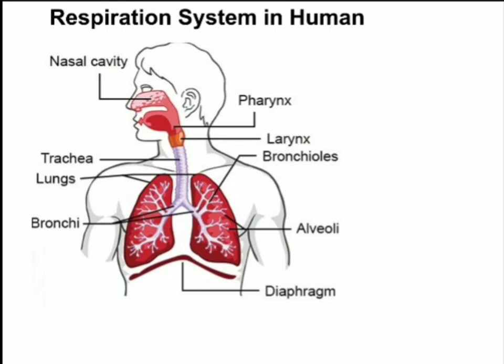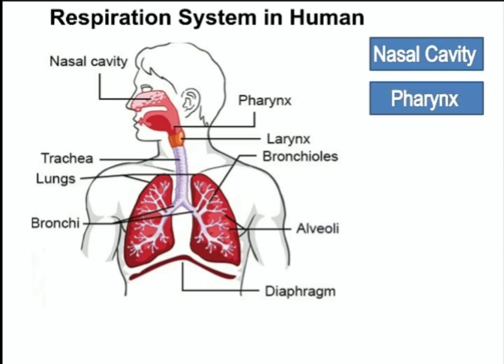So you can see the air will move inside, obviously through the opening that is known as the nasal opening, and it will move into the nasal cavity. And yes, this is the first part from where the air goes into our body, the nasal cavity. So this is the flow chart basically. So nasal cavity, after that the air will move into the pharynx part. Pharynx is just where our windpipe starts, that particular area is basically the pharynx, and then it moves into